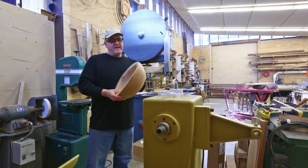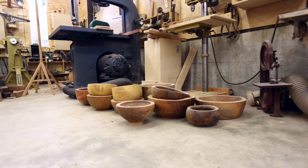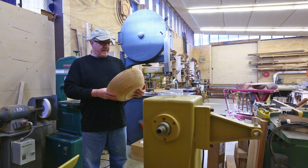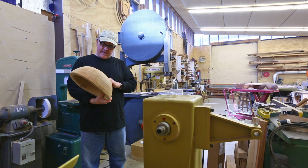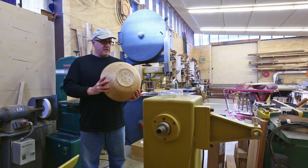Hi. So I've got sort of a buildup of bowls in the shop that I need to finish. I've rough turned them, and they've sat for a while. This one I didn't even date because it's so old. It was sort of before I was doing that, so it's at least 4 or 5 years since I turned